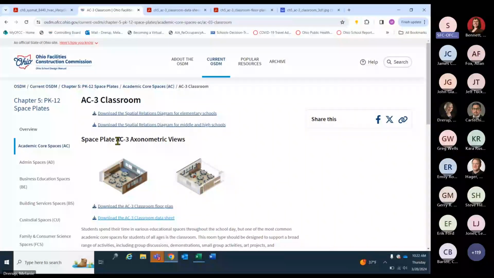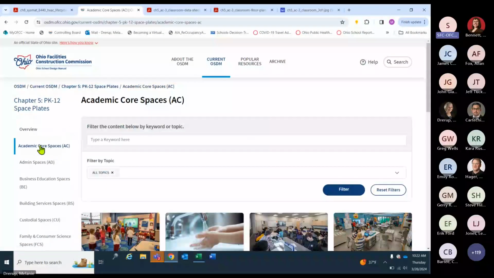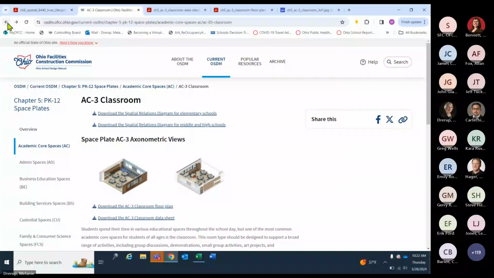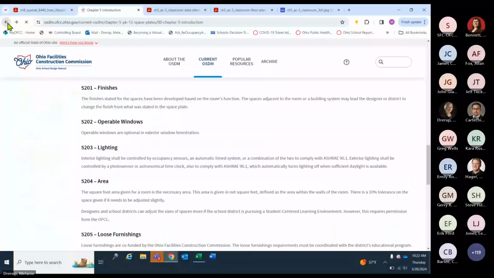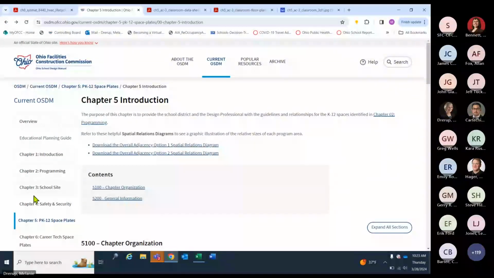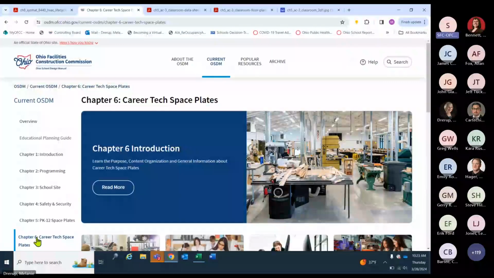Okay, now we are going to navigate back to the academic core spaces using the left navigation. And then we're going to go to chapter 6. And that is, of course, career tech space plates.